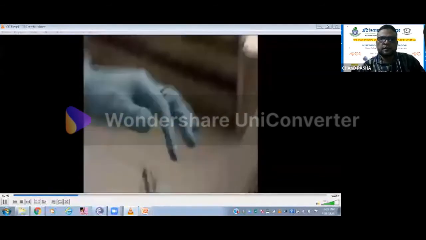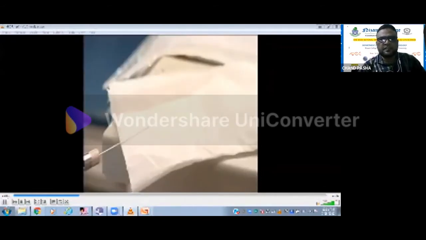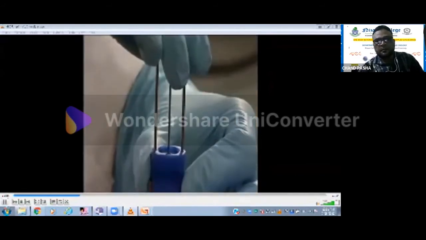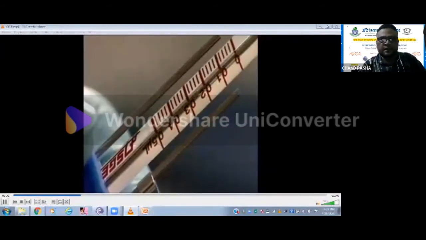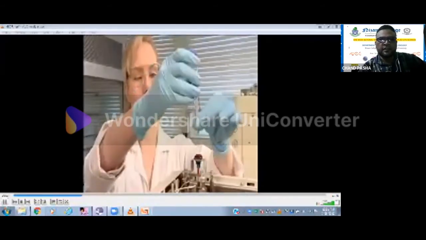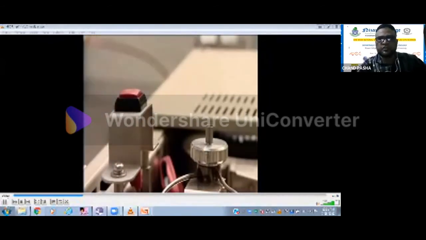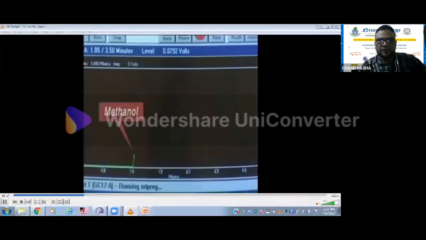And this is the syringe. We'll be taking very little amount in this case, and it is a capillary. 10 microliters is the max whenever you are doing with capillary. In packed, you can go a bit higher, but here we'll be going with 0.2 only. And this is a bit older version. You are supposed to pierce in and start here, but in the latest versions, as soon as you enter the septum, the system starts. But in this one, after loading the sample, you are supposed to start over there.